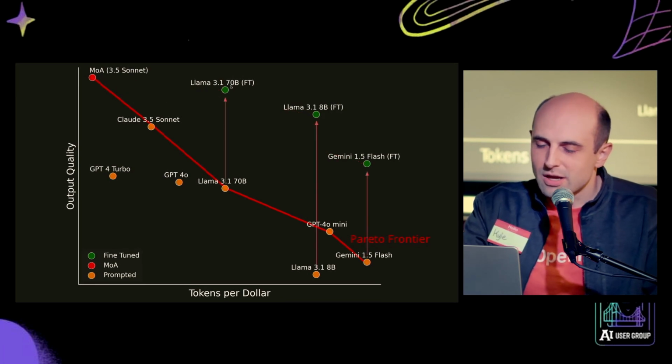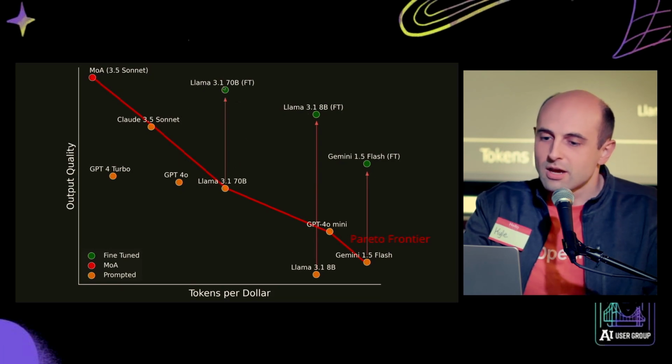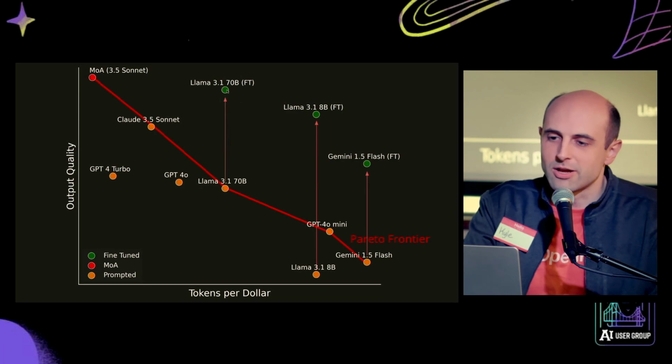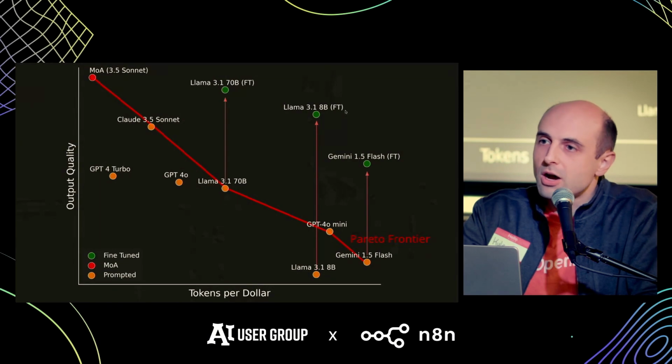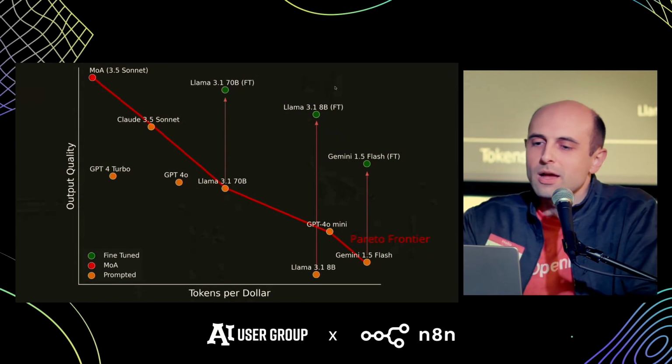Another way of looking at this is starting from the base model. Each of these fine-tuned models showing up in green here comes from one of the other models we already had on the chart. So we've got Llama 3.1 70B. By the way, this is real data. These are plotted from actual evals that we ran internally, averaged across 4 different customer tasks with fine-tuning on their specific data sets. So this is not just an illustration, this is typical of the results that we see. Basically, each of these base models, once it's been fine-tuned on the task, improves drastically on that specific task.